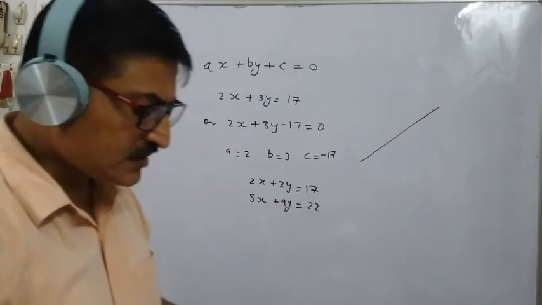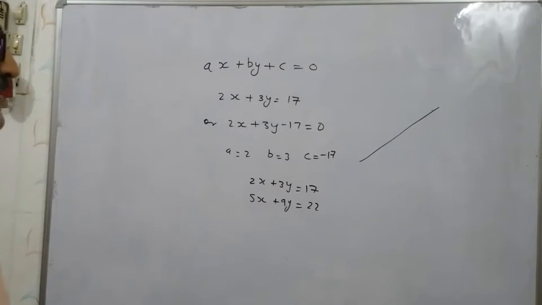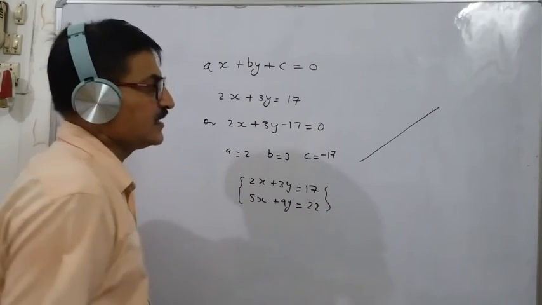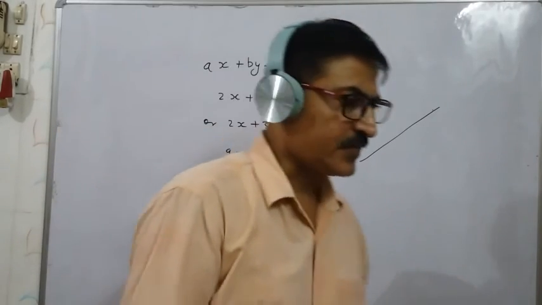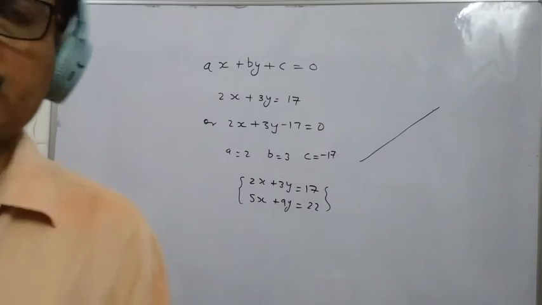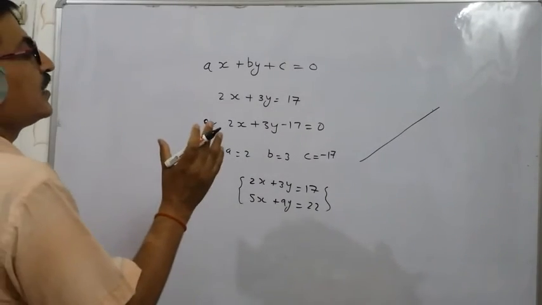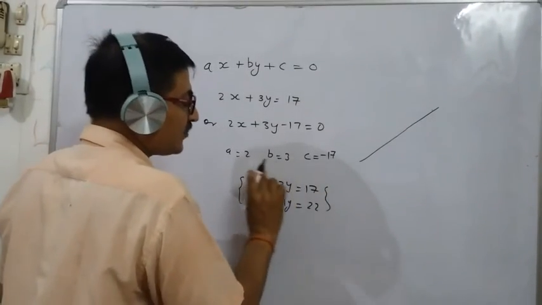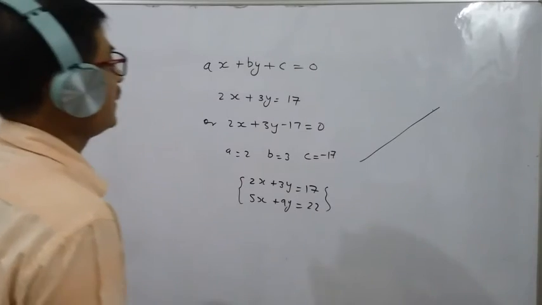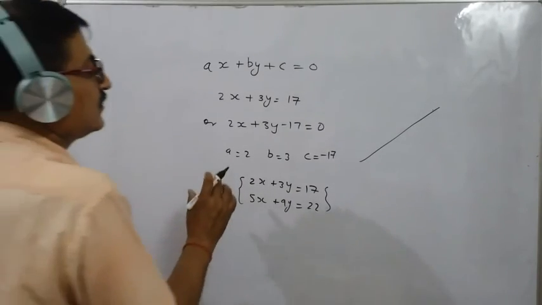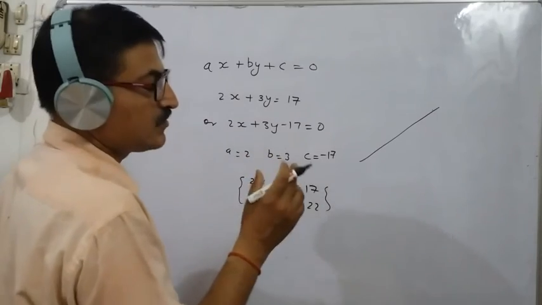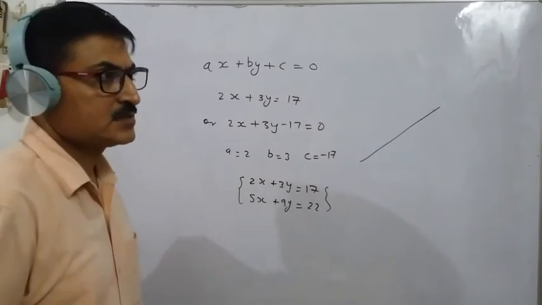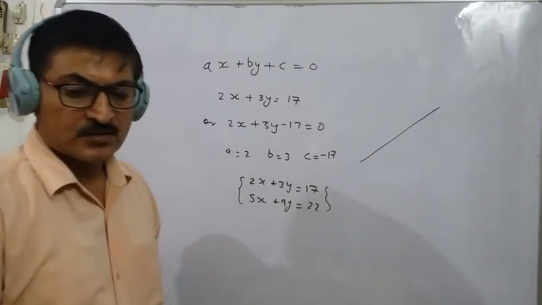A pair of linear equations in two variables is said to form simultaneous linear equations. Just like here, two equations are given, that is called simultaneous linear equations. So the important things are here: to get one solution, we need a pair of simultaneous linear equations. The graph of a linear equation is a straight line, and the standard form of a linear equation in two variables is ax plus by plus c equal to 0. Okay, so these things we have covered here.